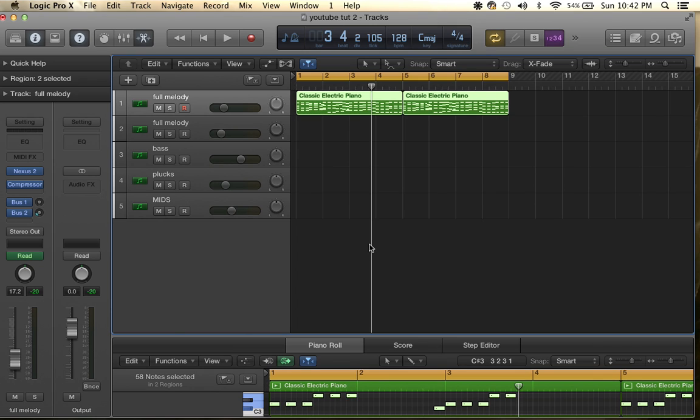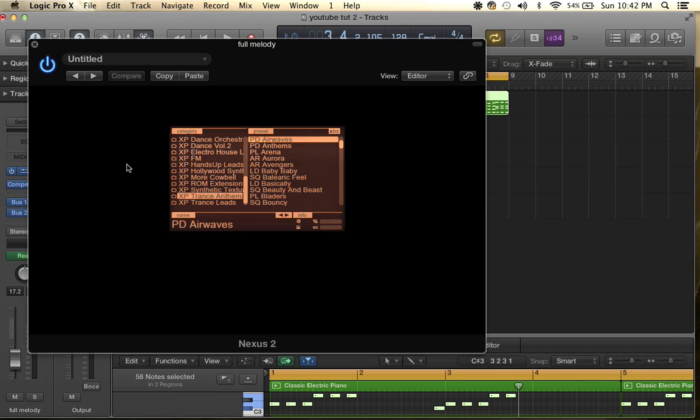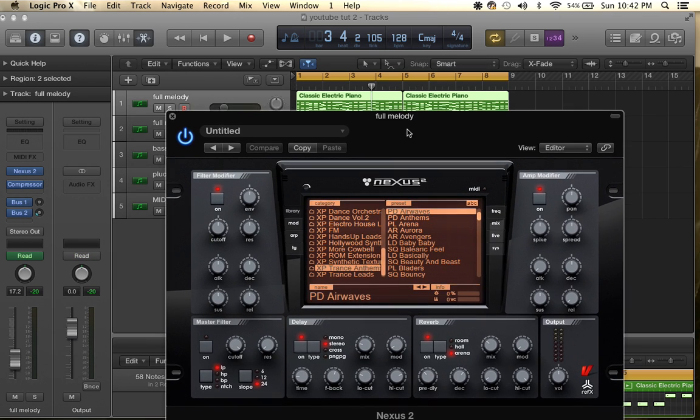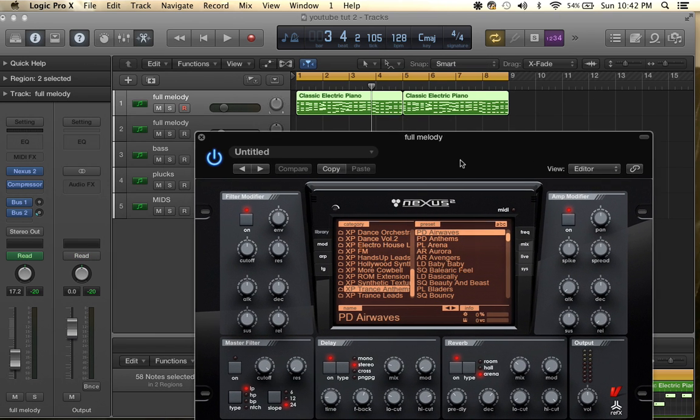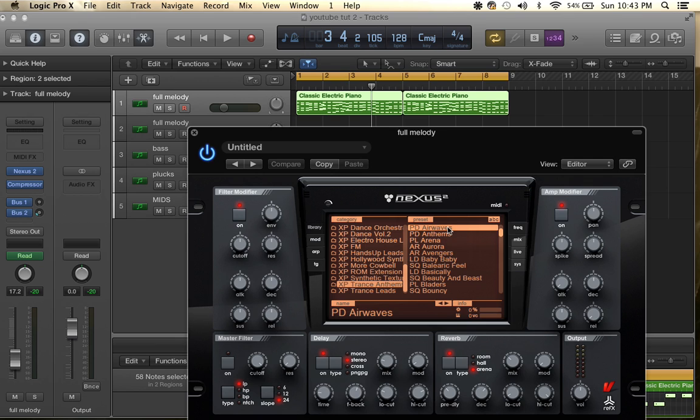Now I'm going to show you the sounds I have ready for me to use here. And real quick, I want to say I'm using Nexus and Massive, two pretty common plugins that a lot of people should have. So my first sound is called Airways in Trance Anthems. It's an expansion pack that I bought, but it's a very generic sound.